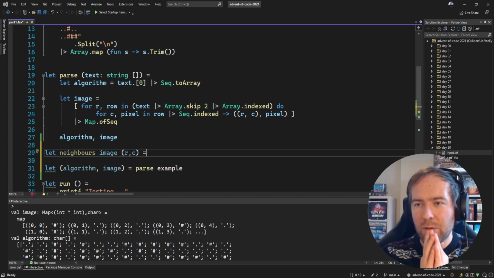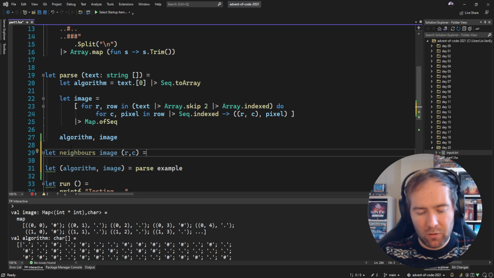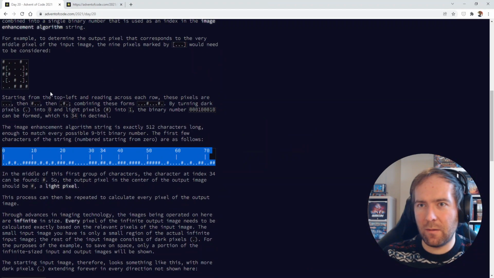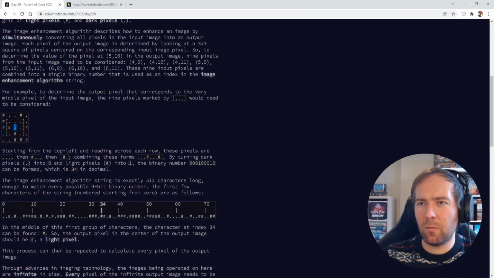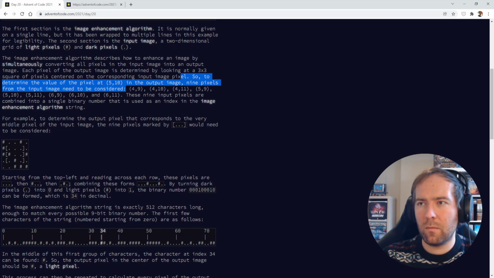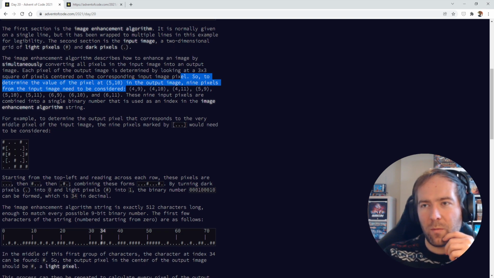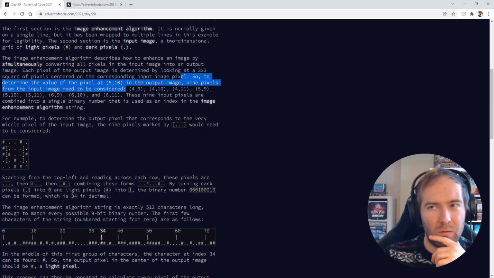So neighbors in an image given a location. And it's not just neighbors, it's actually 9 things. It's the thing itself we need to take into account as well, right? Yeah. 9 pixels from the input image need to be considered. Each pixel of the output image is determined by looking at a square of pixels centered on the corresponding input